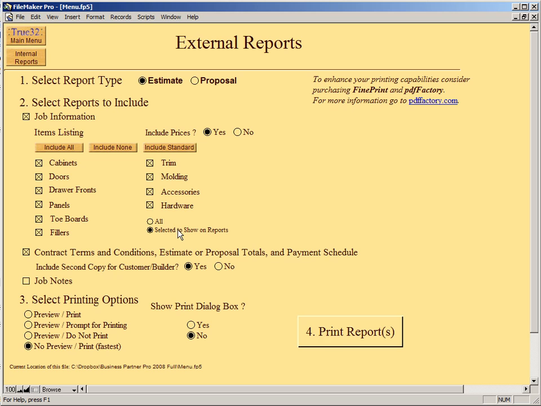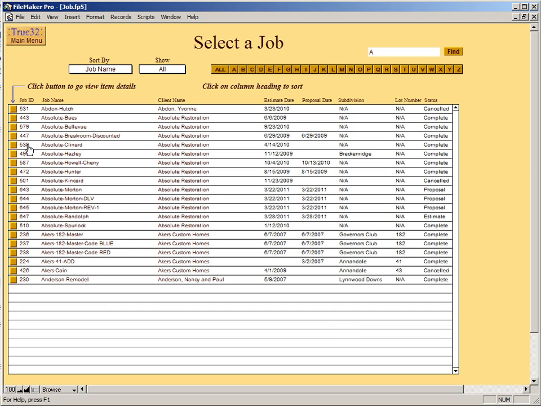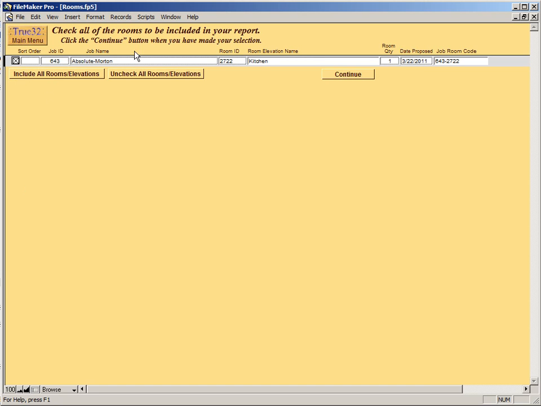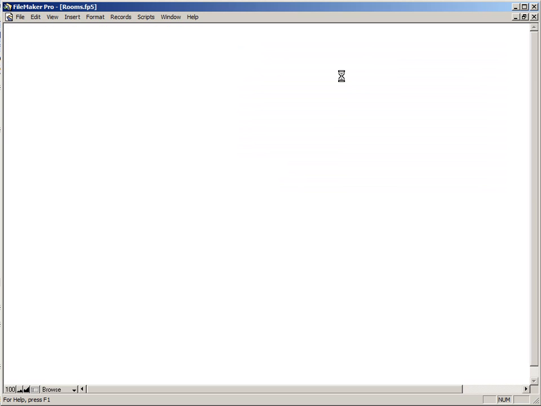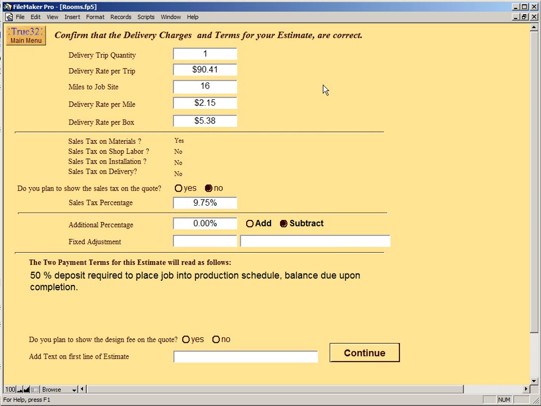So if we were going to print this estimate, we make sure we have all the radio buttons and check boxes checked we wanted, and then we would go print report, choose a job that we want to print the estimate for, and then if there's multiple rooms, you could go ahead and check those rooms or uncheck some rooms, and then say continue. And it's going to actually calculate all of the information for each of the rooms in the background,